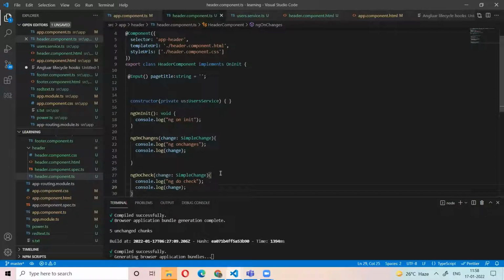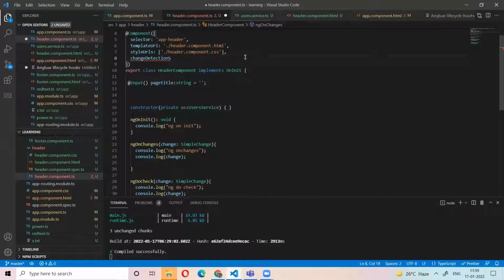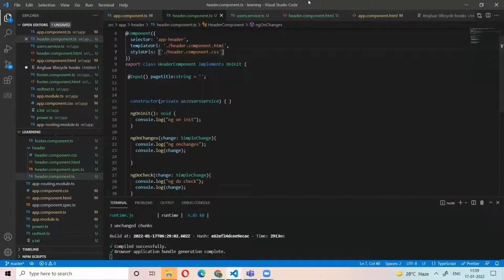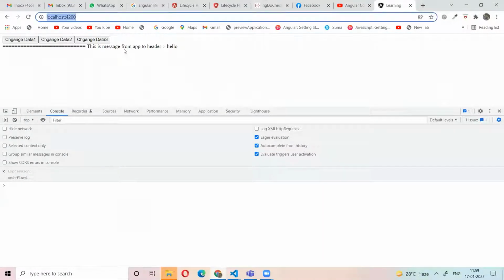For this one, I need to include the change detection strategy, OnPush. Okay, the application is loaded again.